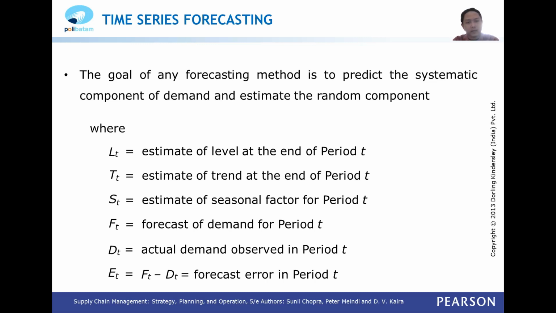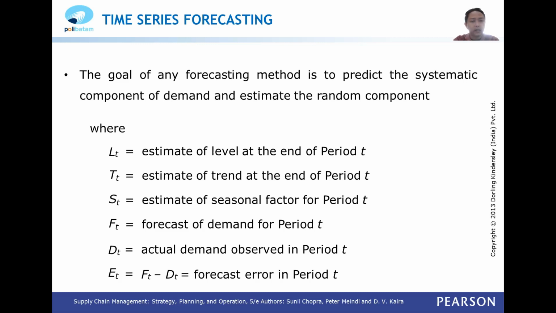In adaptive forecasting, the forecast of the level, trend, and seasonal values will be revised after observations are made on each demand. However, this equation in the adaptive method can also be used for cases where the systematic component has no trend or seasonality. First, we will try to identify some of the terms that will be used.